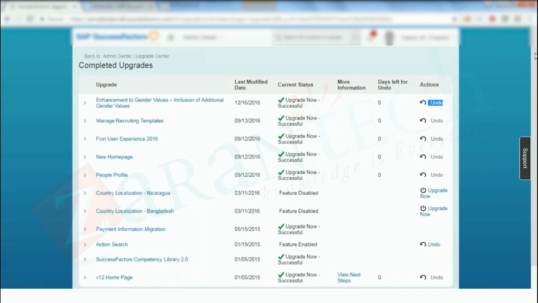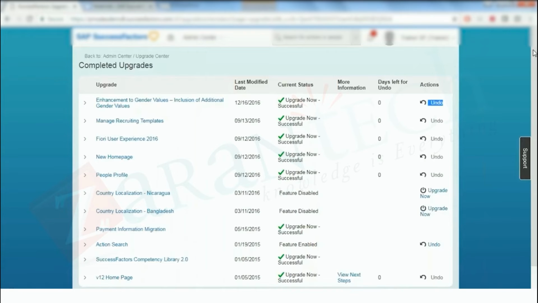the provisioning system, the feature related to that gets activated. The checkbox related to that feature gets activated. Because once the implementation partner leaves the organization, and they don't have provisioning access, this feature has come onto the front end, where by clicking on upgrade in the provisioning system, the backend system will take care to activate that feature. So if we want to undo, when we click on undo in the provisioning system, that checkbox will be